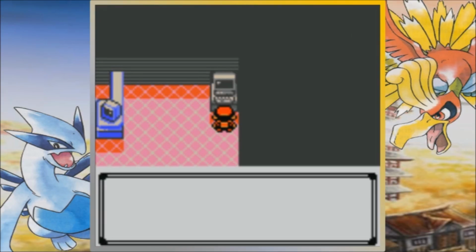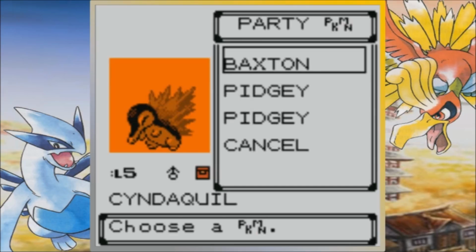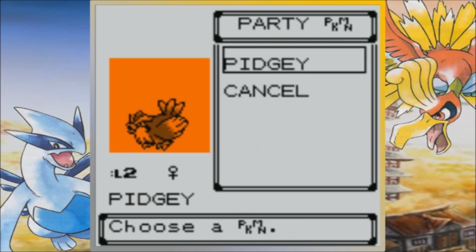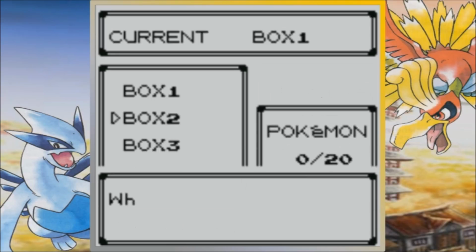Now remember, no point saving. You have to resist every natural urge to save the game, like in front of the PC or whenever you've done something slightly momentous. So what I'm going to do is deposit the Cyndaquil with a Pokeball just in case. But like I said, none of the guides have done this. You just deposit 2 Pokemon instead, and then you end up swapping it out. So now let's go and change box, and then we're going to switch boxes, and now...